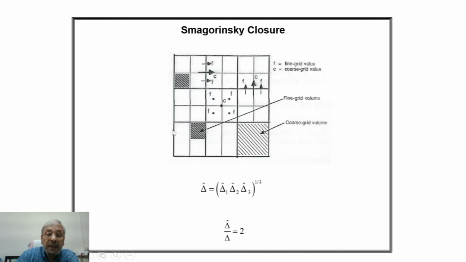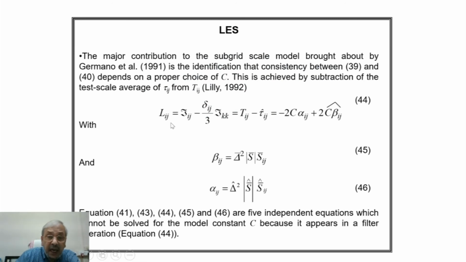If we write Lij, which is again a tensor identity of stress tensor, as Tij minus tau ij, and this is averaged over the test level. So then it is twice C alpha ij, which is already test level, plus twice C, because tau ij was